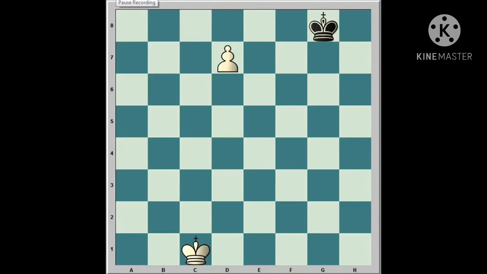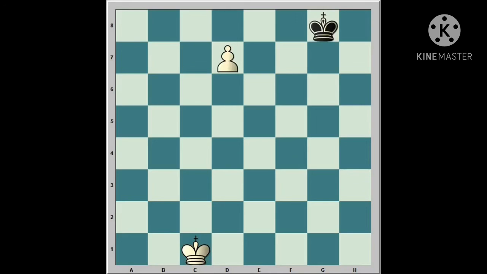Now we move on to pawn promotion. If the pawn reaches the 8th rank, then it can be promoted to a piece. The pawn should be replaced by a queen or a rook or a bishop or a knight. On the same move it reaches the 8th rank, and the effect is immediate.